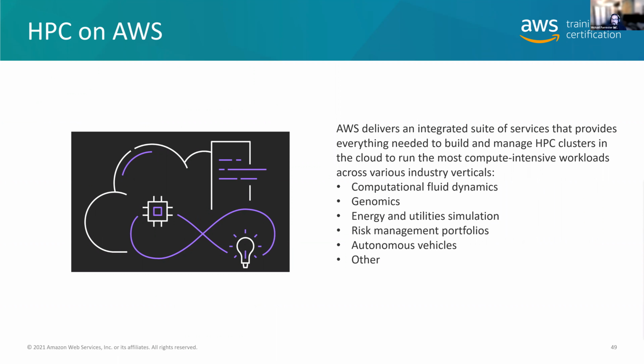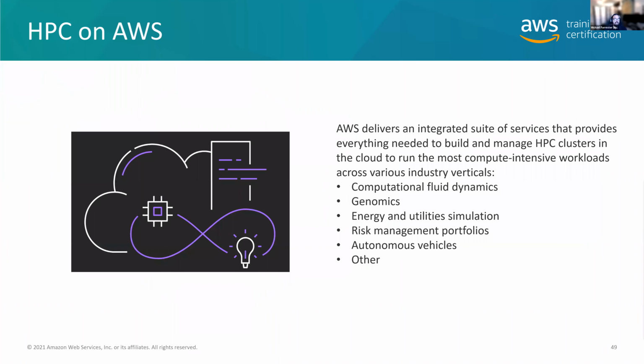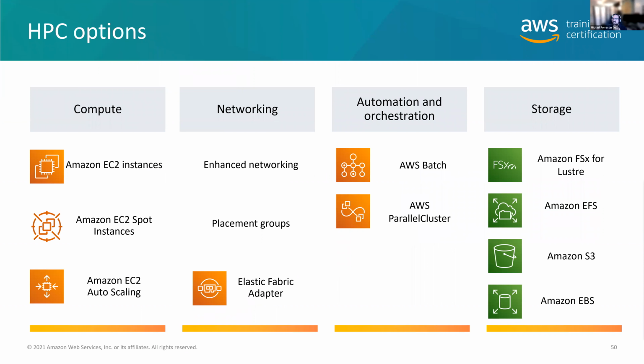So let's talk a little bit about high performance computing, right? That's what this next one is about. When we talk about high performance computing, we're really talking about intensive computational processing that requires extremely low latency interconnects. Now, there's a couple of different ways to approach this. The first one for you to know is that it's typically about the network bandwidth.